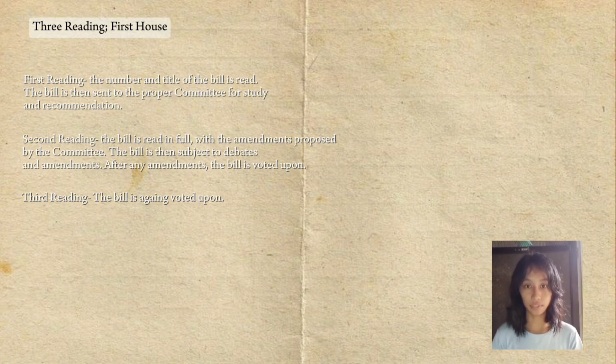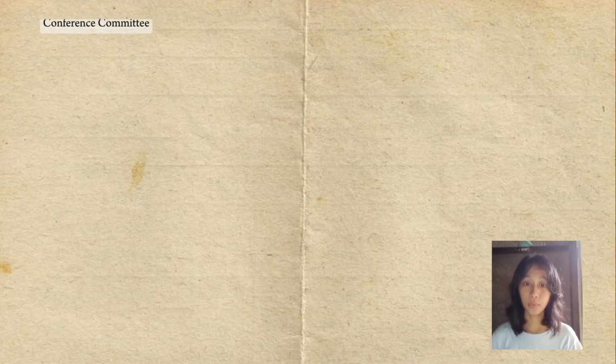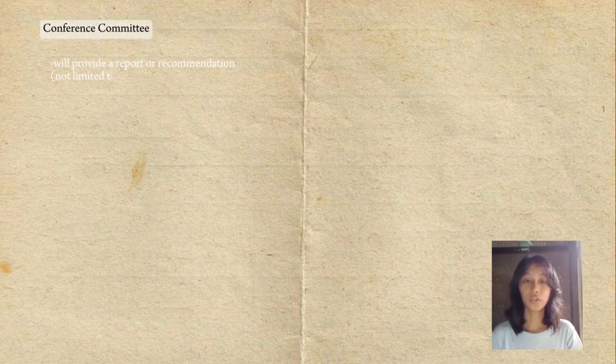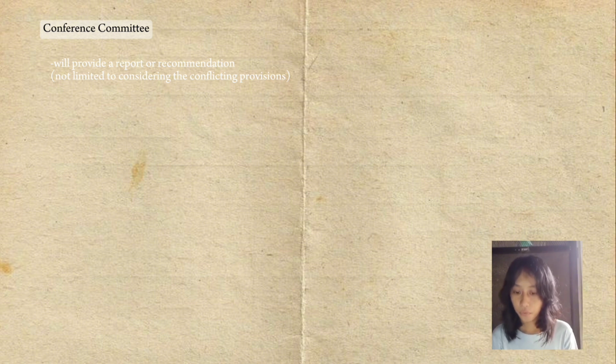of both houses. So the conference committee will provide a report or recommendation, which is not limited to considering the conflicting provisions. This means that the committee can include whole new provisions not related to the conflict between the houses. If the committee's report or recommendation is approved by both houses, the new version is authenticated, then transmitted to